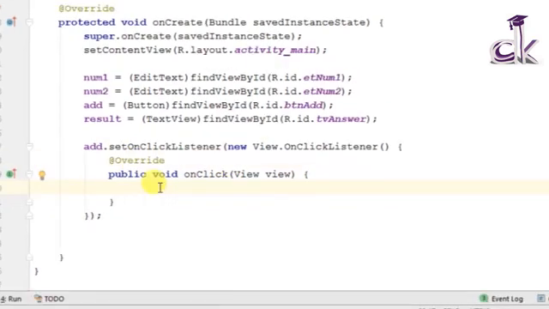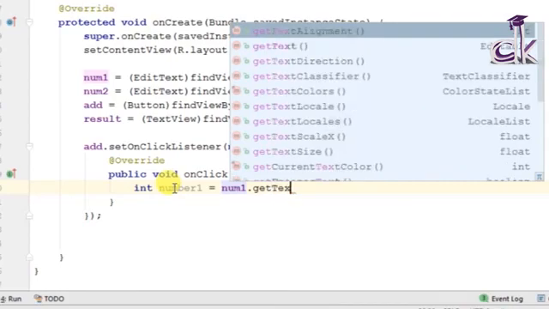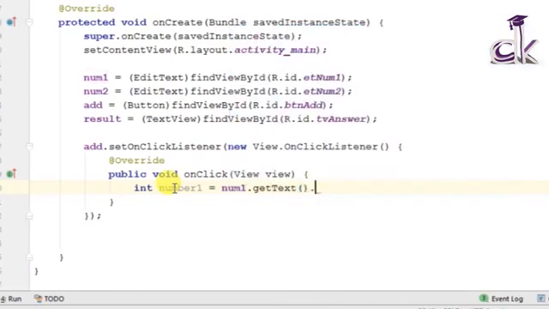So inside this, firstly we need to retrieve the numbers which were typed inside the edit text. So for that, let's create our integers here. So int number1, no spaces, and num1.getText().toString().